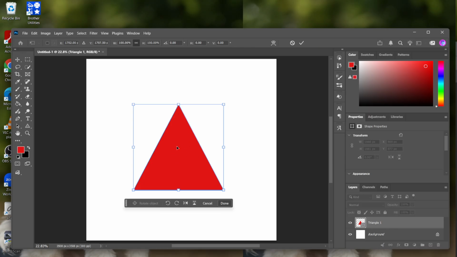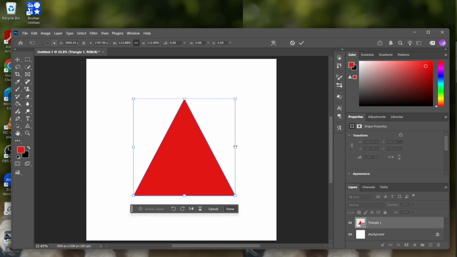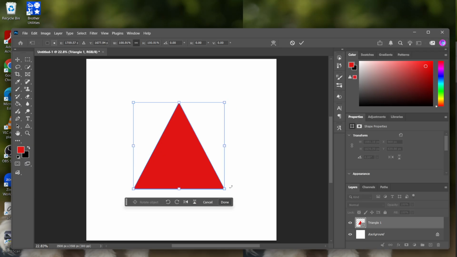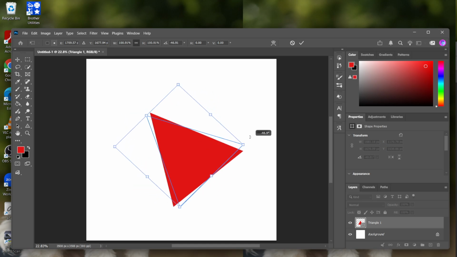Once the transform box appears around your selected layer, simply drag the corner handles to make the object larger or smaller while maintaining its proportions. You can also rotate the object by moving your cursor outside a corner until the rotate icon appears, or right-click